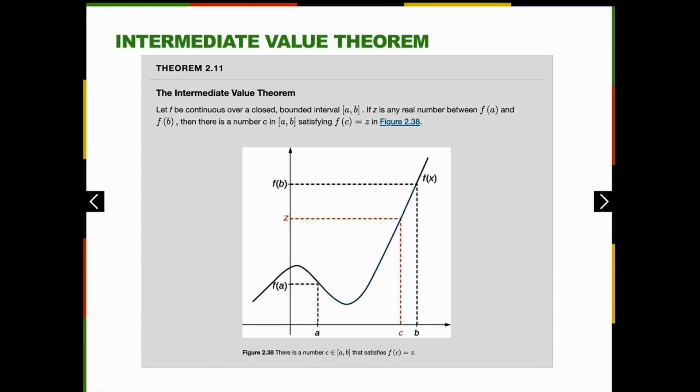Now that we have an understanding of what it means for a function to be continuous, we're ready to look at a very important theorem in calculus called the intermediate value theorem. The reason it was important to understand continuity first is that this theorem requires the function to be continuous on the interval in question. If we have a function that's continuous on a closed interval written as [a, b], because it includes the endpoints a and b,